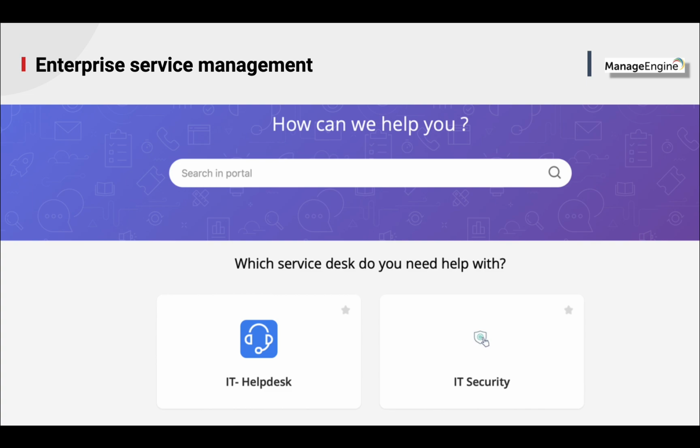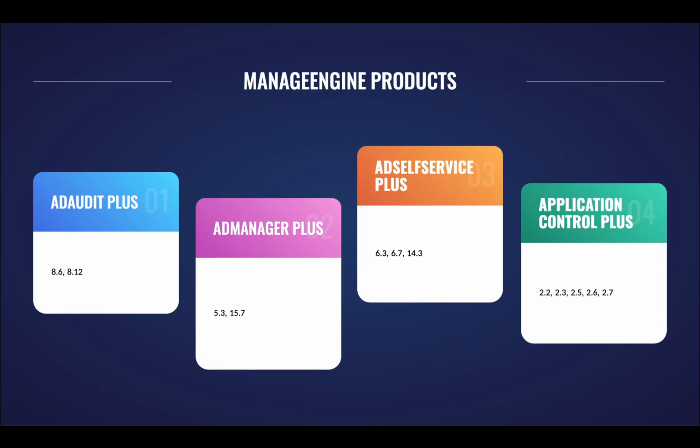Look at the products we have discussed in all 3 sessions, right? ManageEngine products we have discussed so far. AD Audit Plus in Control 8.6 and 8.12.